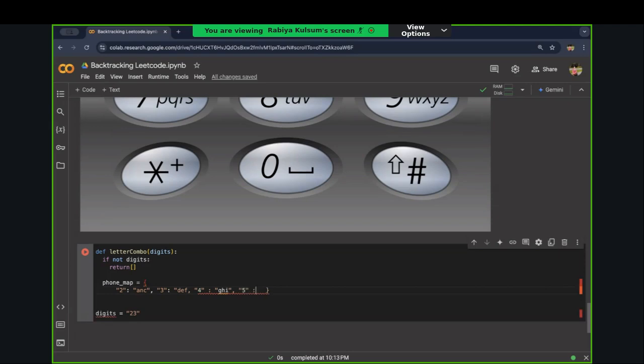With 5, we are going to utilize JKL. Okay, so with this, let us move to 3, 4, 5, 6,